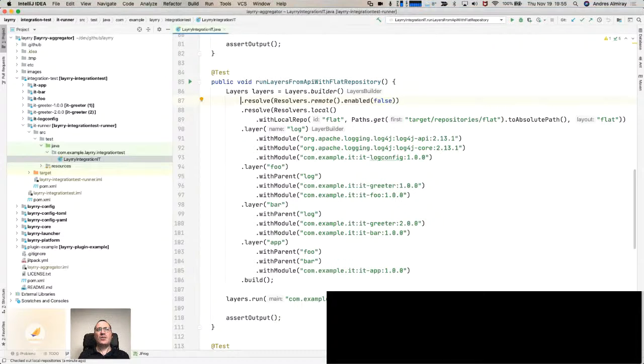So we should be back into the IDE. And the target directory, there is a folder called repositories. And here, I don't know if I can zoom in here, but all these jars,